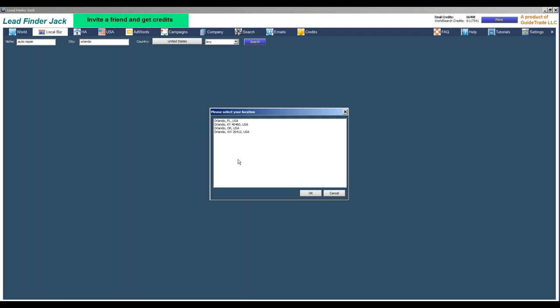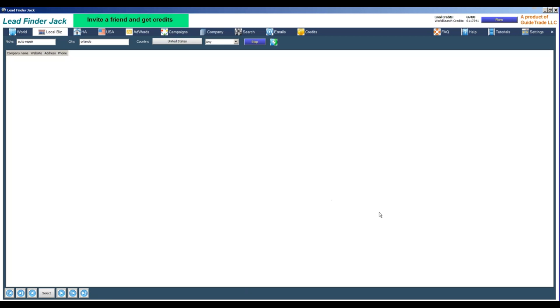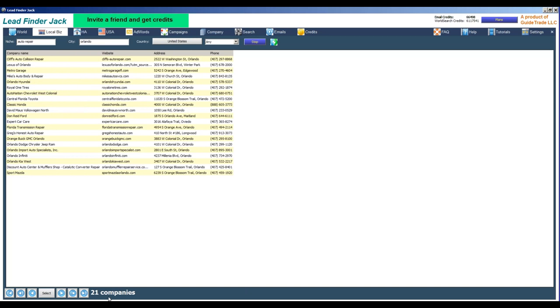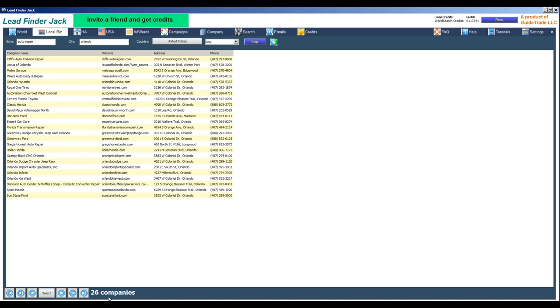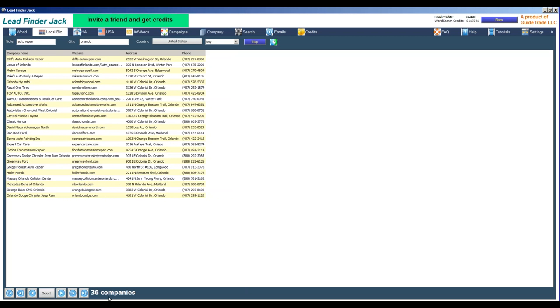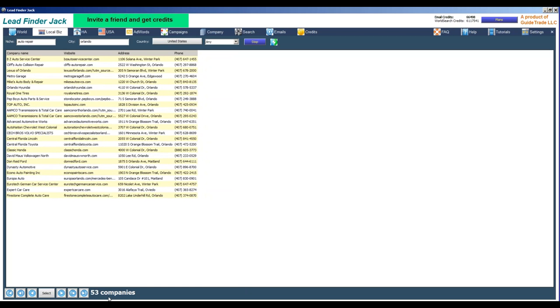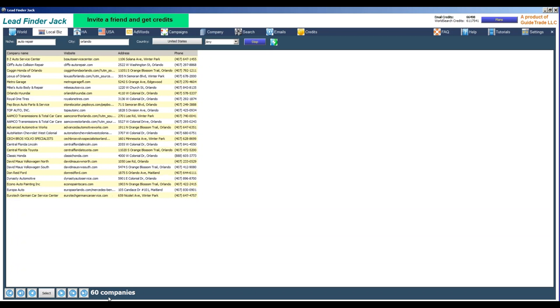Then it asks which state, so let's do Florida, and you see that it gets all the company information. And that is your to-do list. You enter your niche and your city where you live or close to, which has a reasonable amount of auto repair shops, and you're going to prospect them this week.